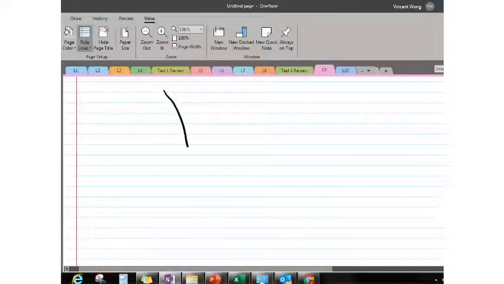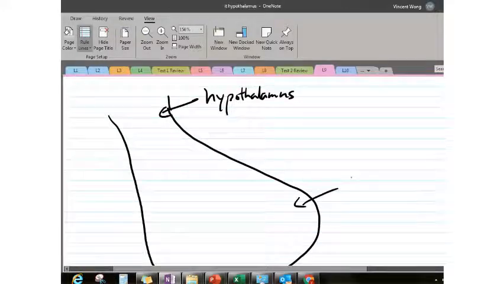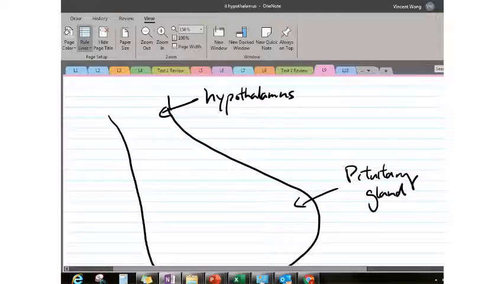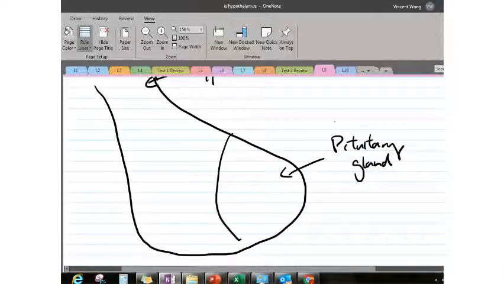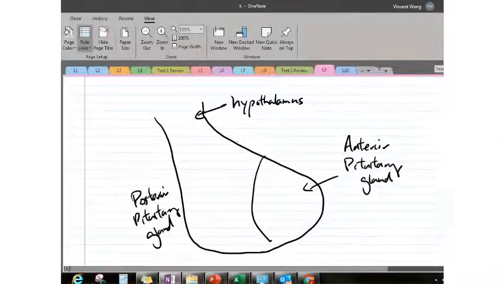You might remember in the nervous system unit that you have the hypothalamus here, and then below it is your pituitary gland. Your pituitary gland is actually separated into the anterior pituitary gland, as well as the posterior pituitary gland. We'll learn more about this in lecture 12, but for now, in the context of what